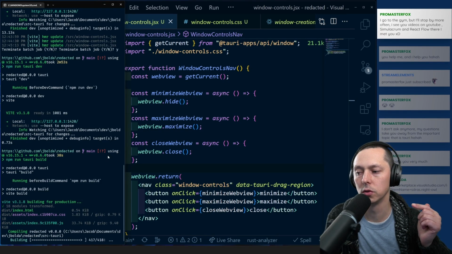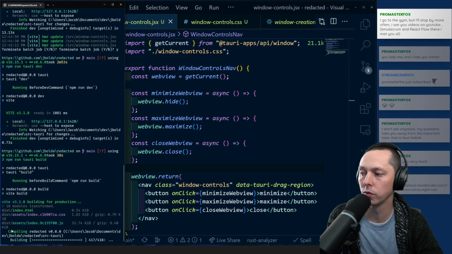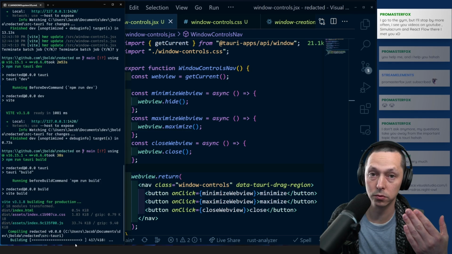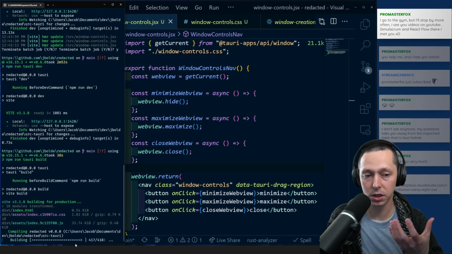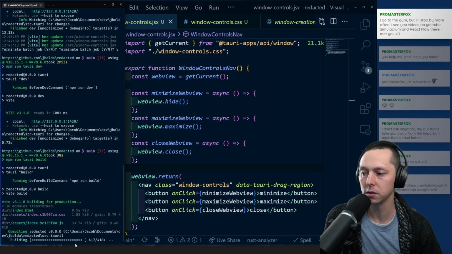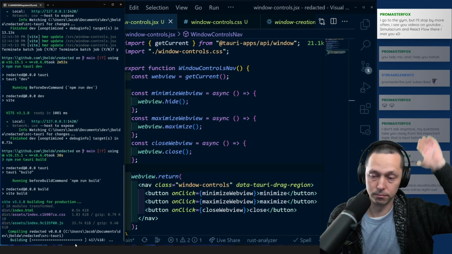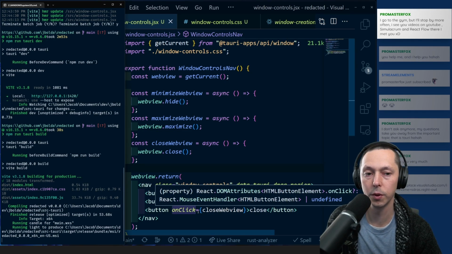When we do a build, we are compiling the front end. In this case, we're using Vite, so it compiles the front end. We are running a Rust compile step to bundle the back end of it effectively, and then we're running a step that creates an executable of all of that. And that executable step is going to be slightly different per operating system because they all bundle things slightly differently. Linux, there's so many distros and so many flavors of Linux, the options to bundle things on Linux are seemingly unlimited. But we're just worried about Windows, so